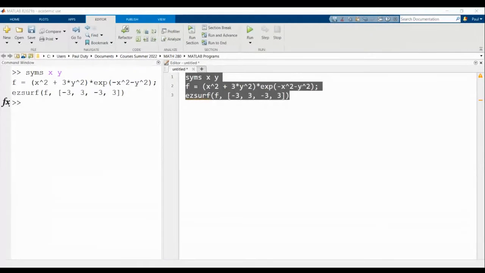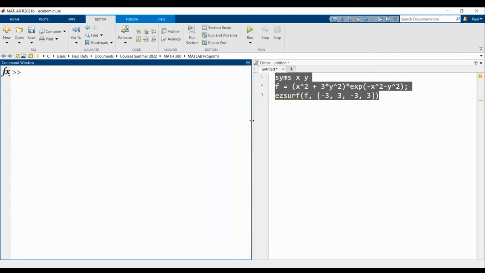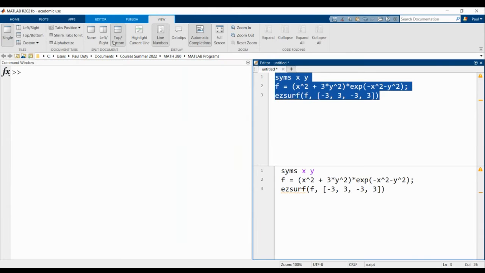So you see, in MATLAB, there's a command called CLC. That will clear the command window. Sometimes the command window gets cluttered. Okay, maybe you want the command window to be a little longer, right? And there are ways, in terms of viewing, you can have a top-bottom situation, but let me